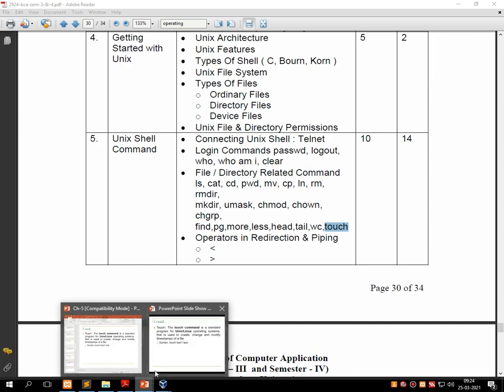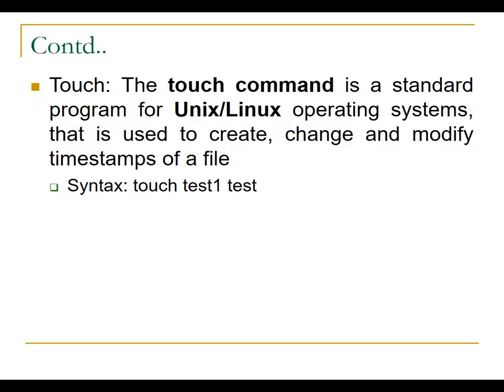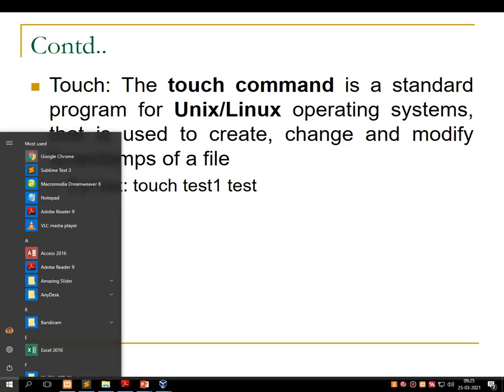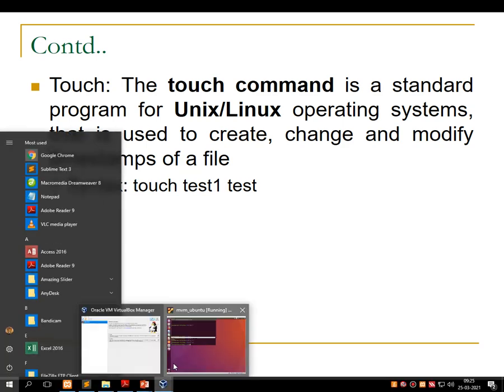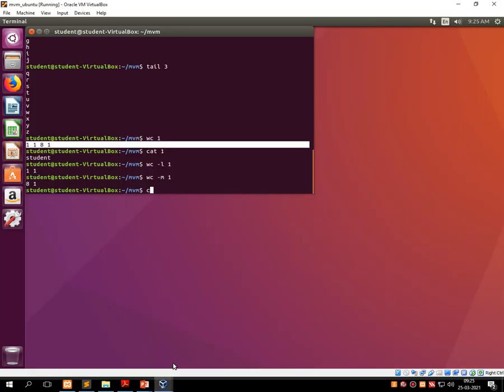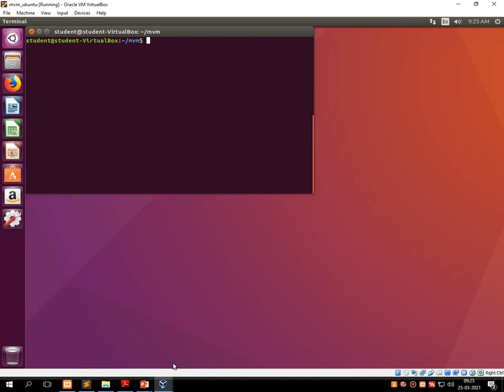Let's go ahead. Next one, and I think the last one for file and directory structure, is the touch command. The theory of the touch command says that the touch command is a standard program for Linux and Unix operating systems that is used to create, change and modify the timestamp of a given file. Let's first practically perform this particular command over the shell prompt.